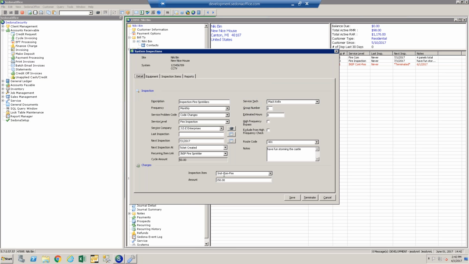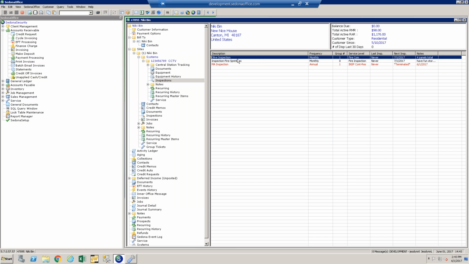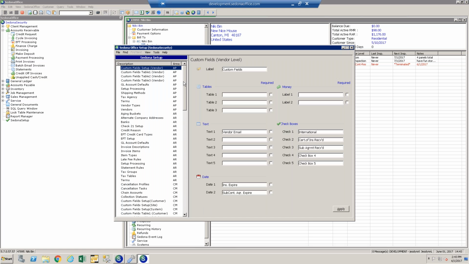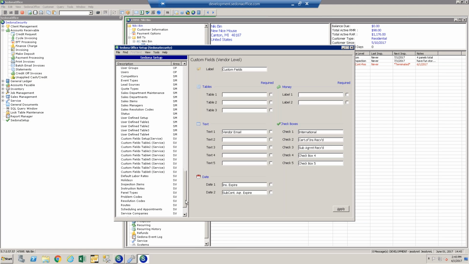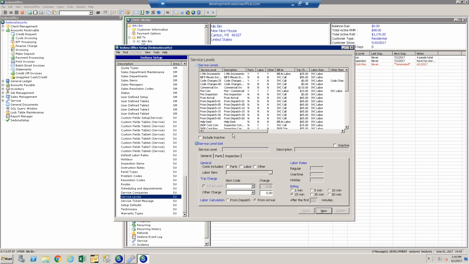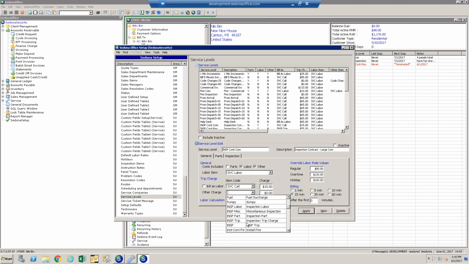So if you needed more than one, I would recommend using the service level actually, because on the service level, oh, I got to close out of here. So you put one there. You put one on the inspection record there. And then on the service level, you have this trip charge section. So you can add up to 2 more charges that just auto default on the ticket if you want to. So it's up to 3, obviously. You could add 2 more here, whatever